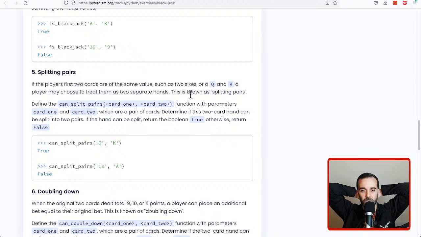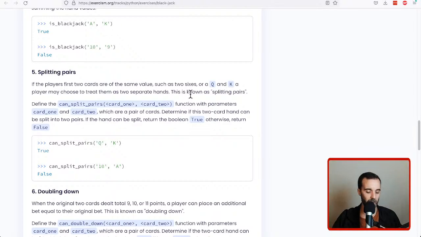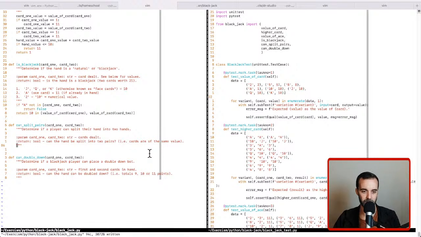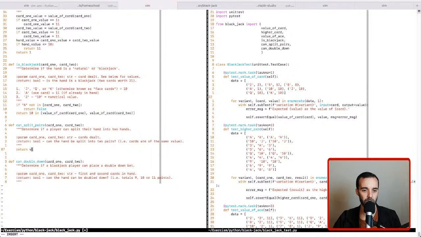This is known as splitting pairs. So I think this one might be the easiest one of all, because really we're just doing a comparison of the two values. So I think it's going to be return value of card 1,